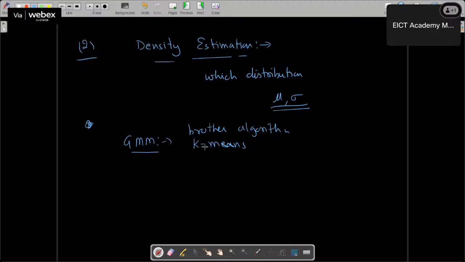This is the difference between K means and GMM. K means is based on the distance and centroid, yes or no? K means is based on the distance and centroid, whereas GMM is based on the probability and in terms of the parameters of the Gaussian distribution. So GMM depends on the probability